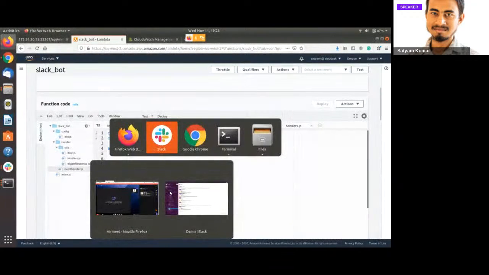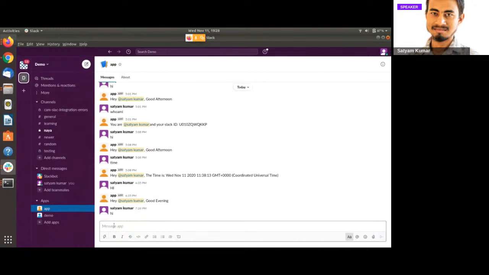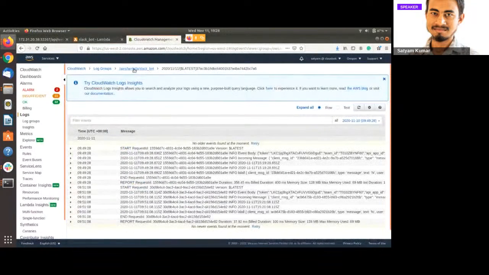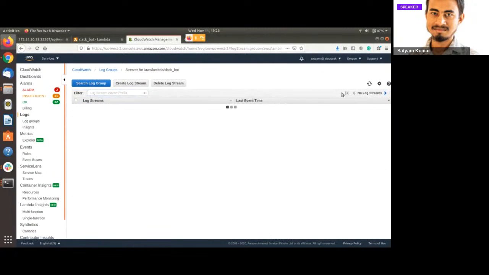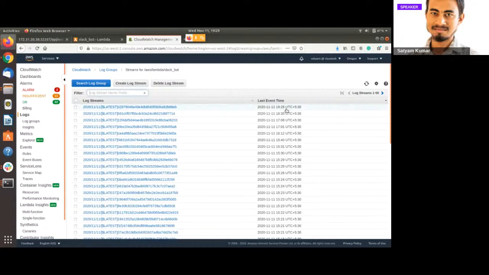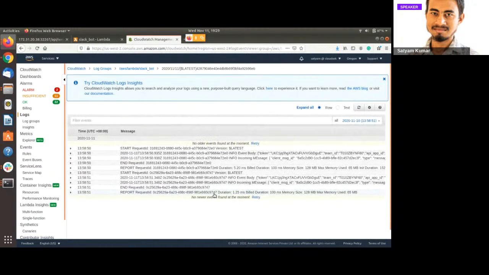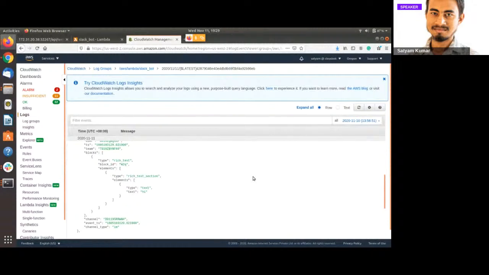Okay, so now I am going to use Slack to trigger an event to the server we have created for that Slack bot. Now we can go to the logs and check whether we have received that event from Slack or not. Yeah, at 7:28 we have received a request. So we can check what exactly that request was, so that we can work accordingly. So yeah, we have received whatever we should have received.